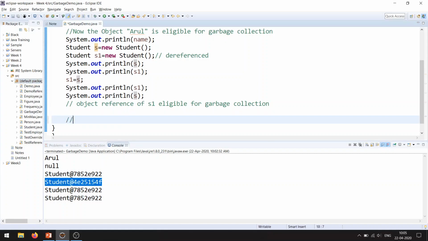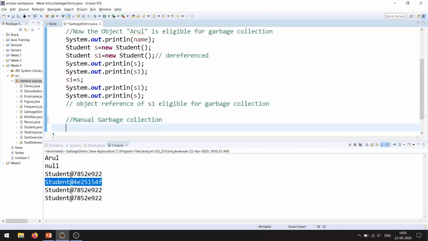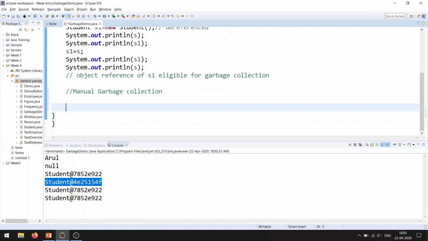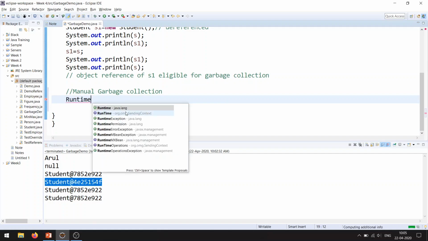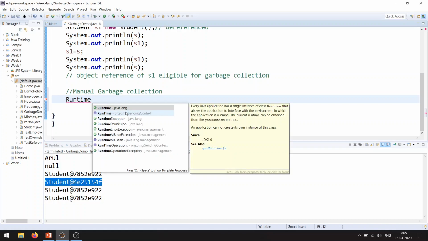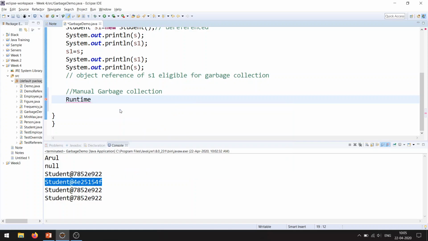So for invoking manual garbage collection in Java, there is a class Runtime.